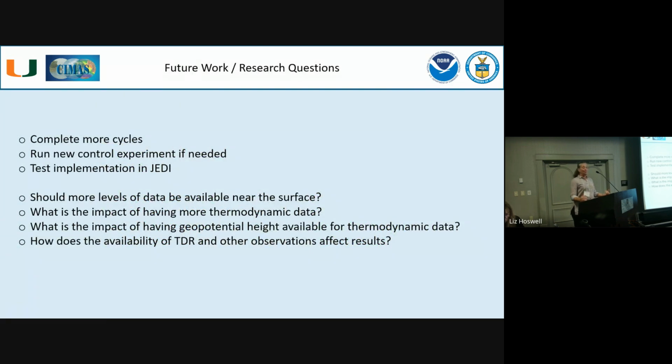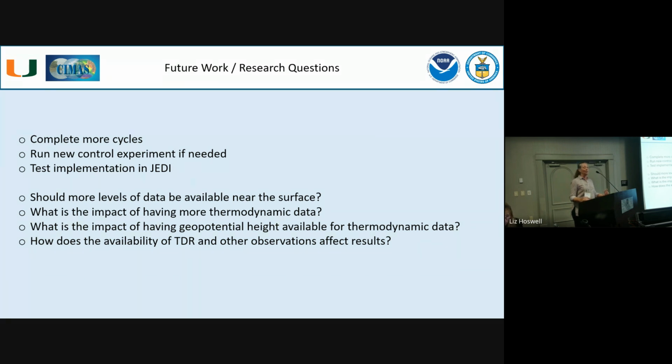Okay, so obviously we need to complete more cycles. And so we're working on trying to work through some of the issues that have held up these cases. But cases are proceeding and we have some solutions. We also may need to run a new control experiment because it's really nice to get full model output to do some more advanced diagnostics. And since the code that we've written actually outputs IODA output as well,